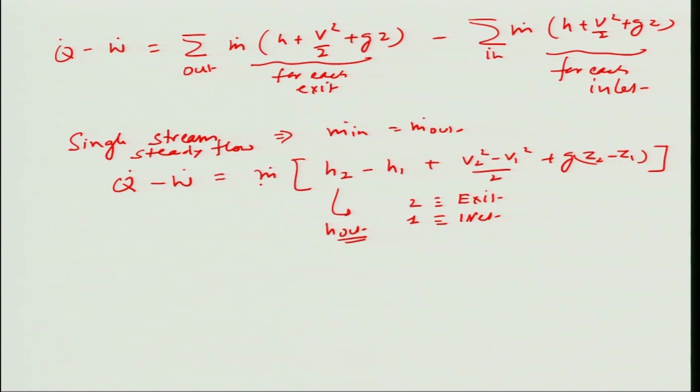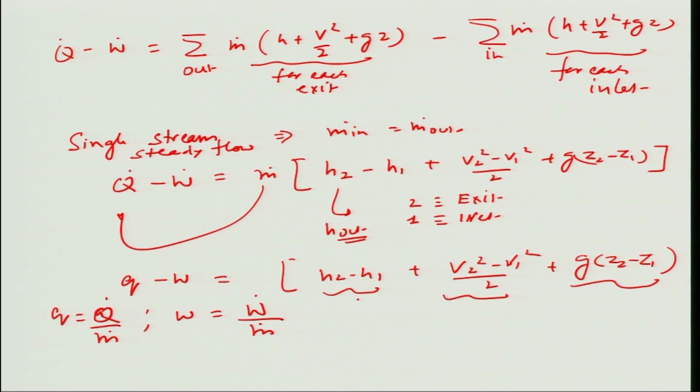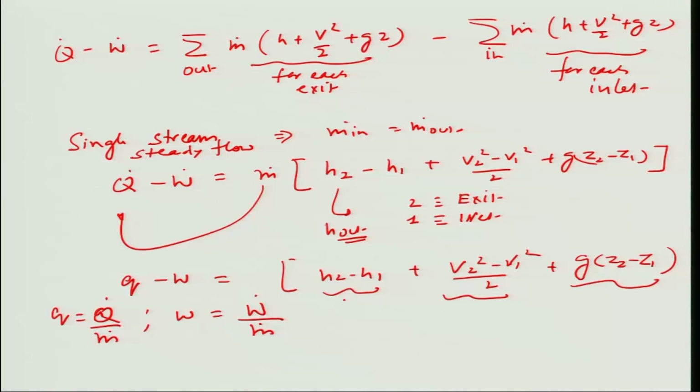Okay. You can divide Q and W by m dot, and you can write this expression as this. Okay, where small q is nothing but Q dot divided by m dot, and small w is nothing but your capital W divided by m dot. This, you have three terms. Okay. So most of the time you will be ignoring the kinetic energy and the potential energy, because these are typically very small or have a low contribution in this equation compared to the change in enthalpy. Okay. So you can calculate, for example, delta h from the tables, okay, or if it is an ideal gas, you can consider it to be simply Cp average times (T2